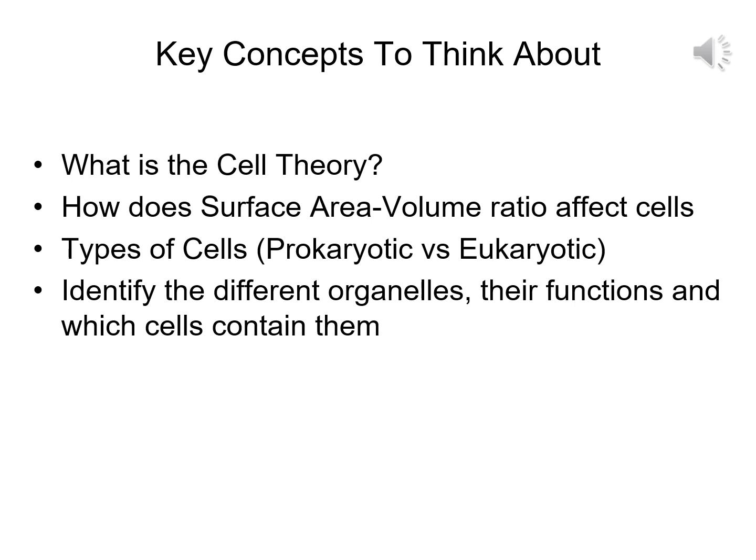So let's recap what we've talked about. We described the cell theory. We talked about how surface area and volume ratios affect a cell. You were presented with different types of cells, prokaryotic and eukaryotic, and we looked at different types of organelles, their functions, and which types of cells contain them. These are all the topics that you'll see